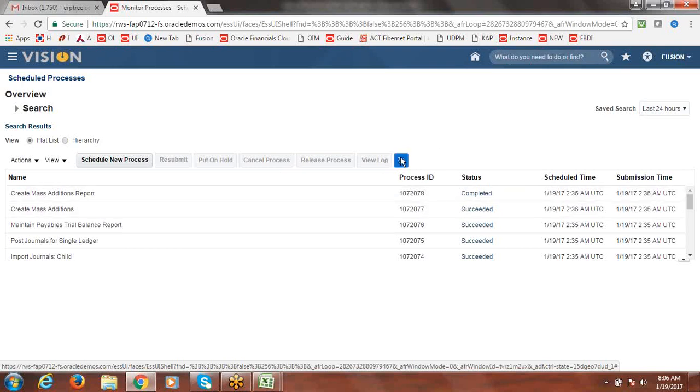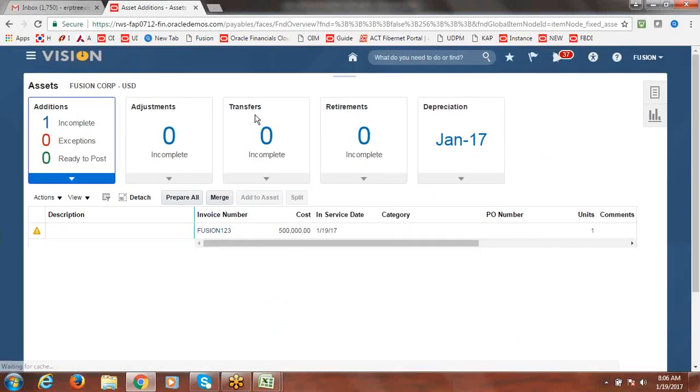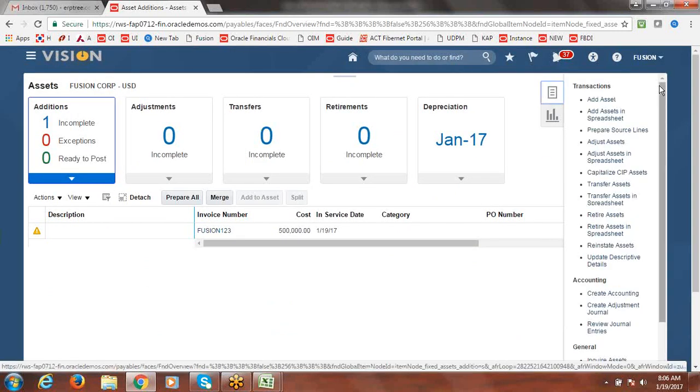It is just running the report. We don't require that directly. We can switch to FA to find the same asset line. Go to assets. Go to task panel. Here also you can see the same. Addition is incomplete. 5 lakhs. And here